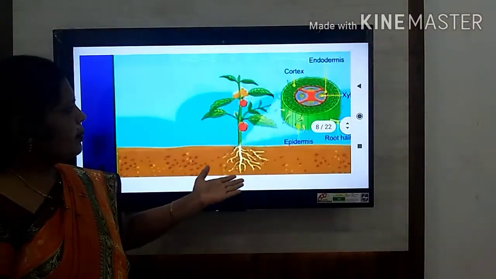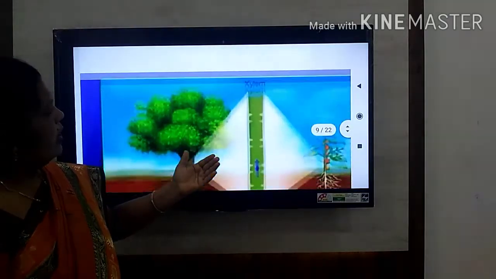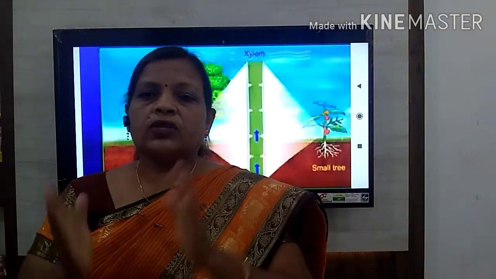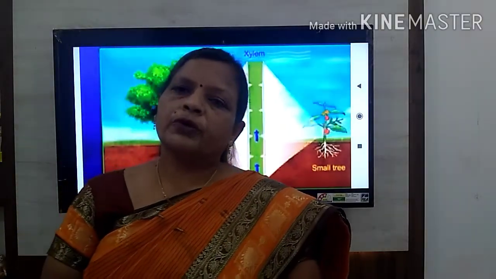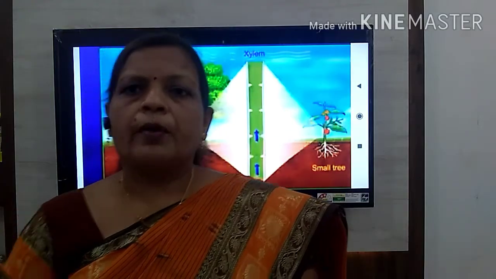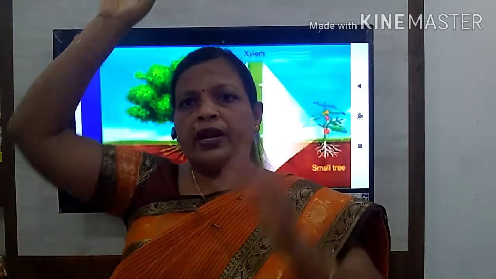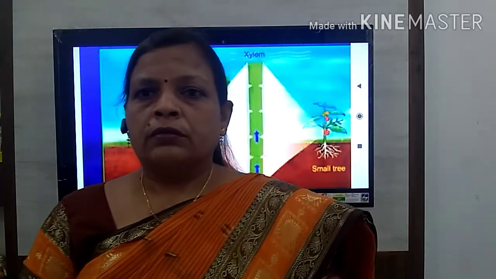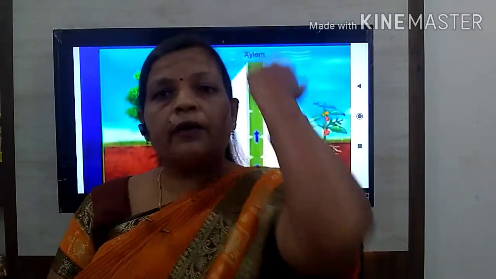So in such types of trees, look here. What happens in the case of these big size trees? Is this root pressure sufficient for the transport of water? No. There are some trees, some pines. Pines means gymnosperms, which grow to a very large height. Pinus, cupressus, these are plants which can rise to several feet from the soil level. In such a plant, is root pressure sufficient? No, root pressure is not sufficient to pull the water in the upward direction.